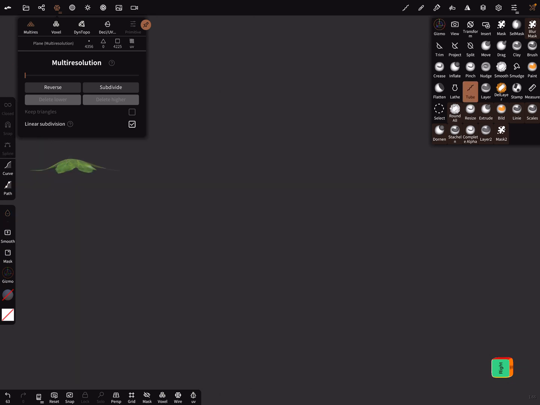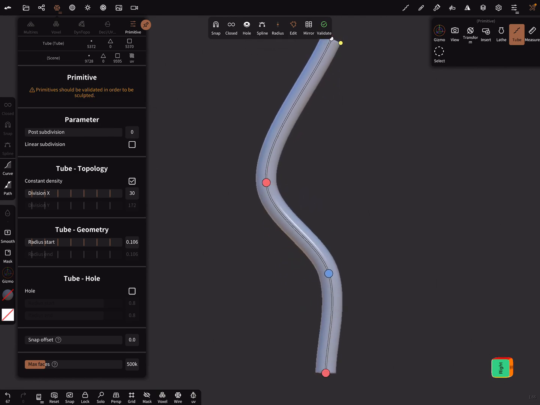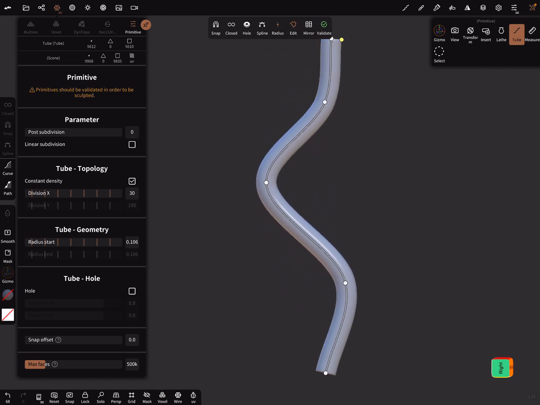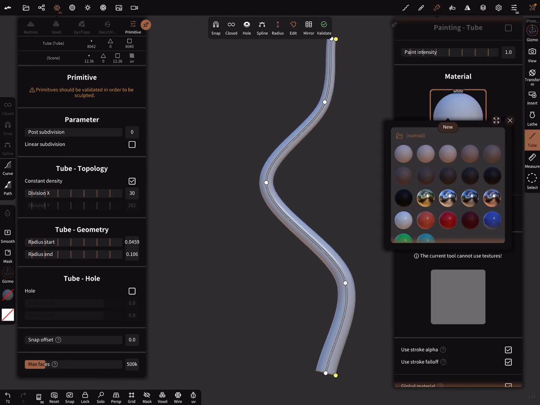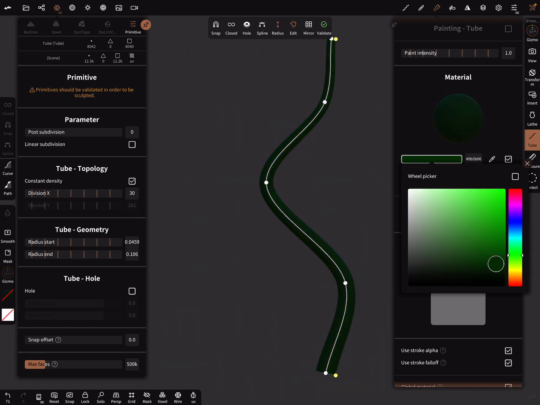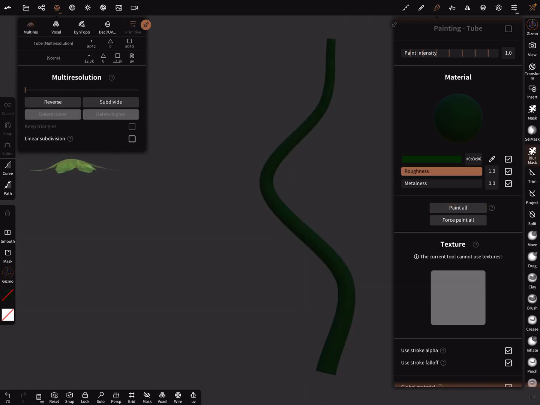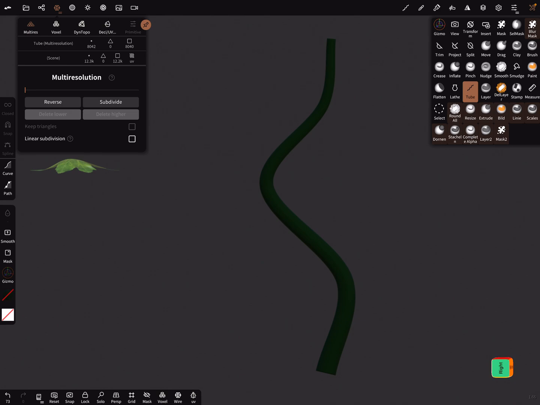And now let's bring in a tube. Let's paint it green. And validate this object.